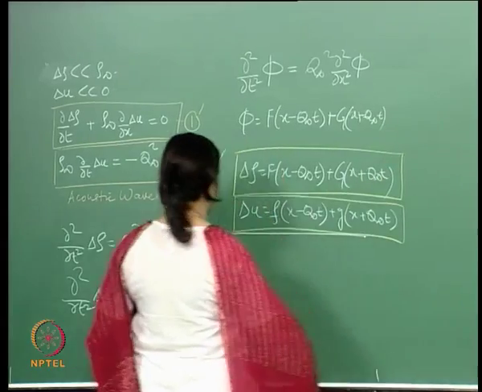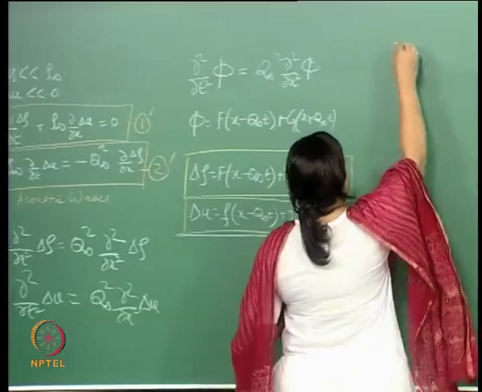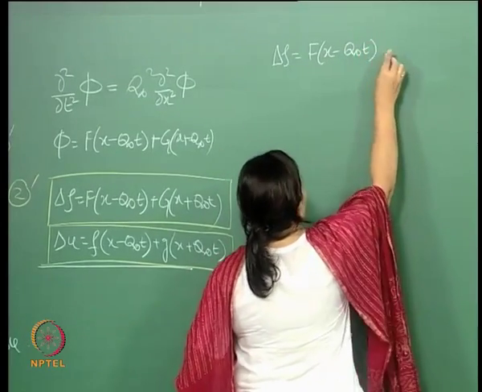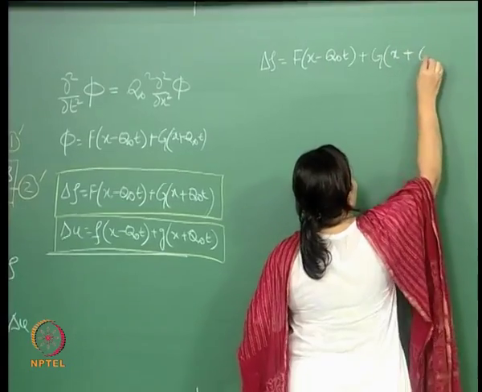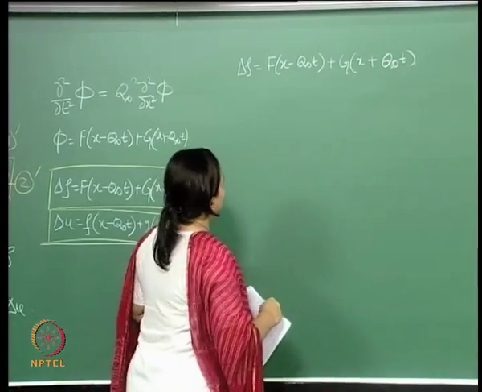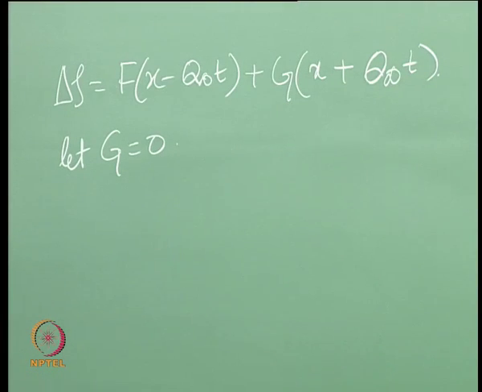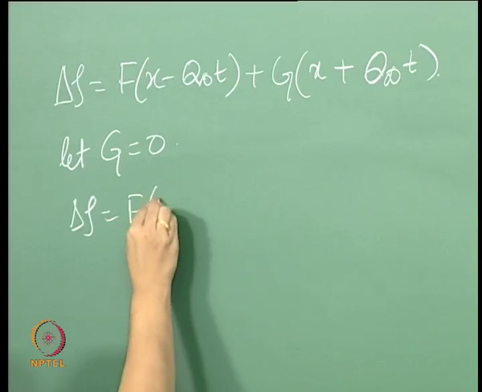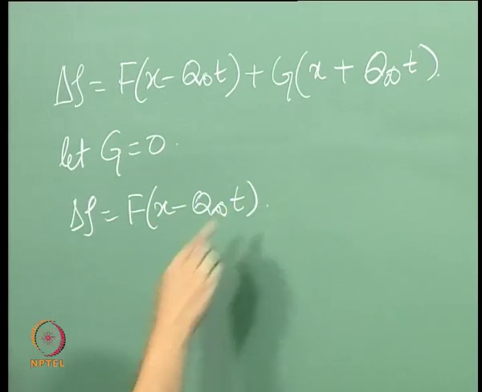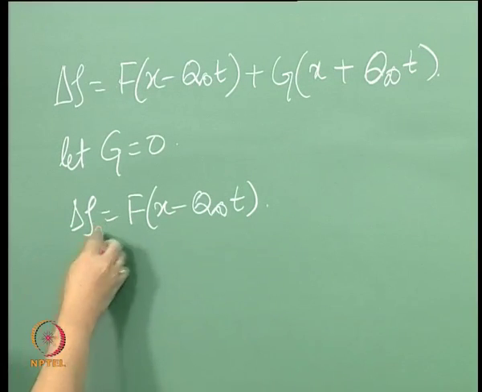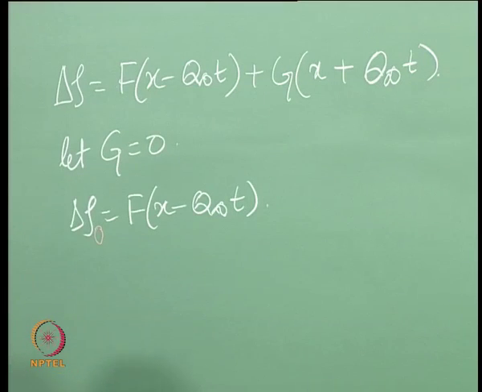So, let us say, we will take this. Having taken this, essentially what we are saying is that delta rho is... So, therefore, what we have is... Now, if I have that, let us say this delta rho is also a constant. Let us call that delta rho naught. In that case, if that is so, then